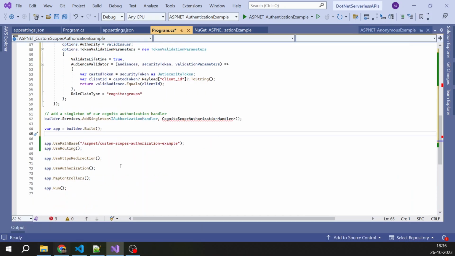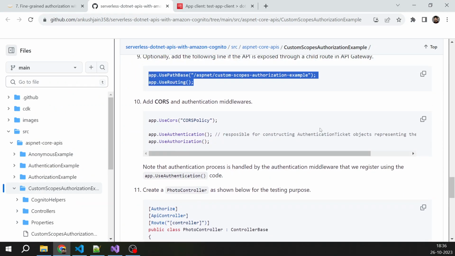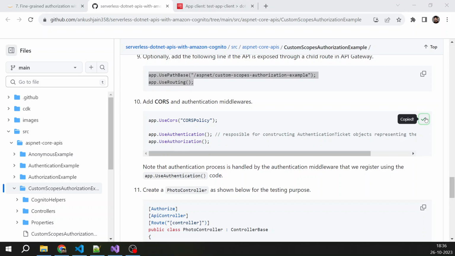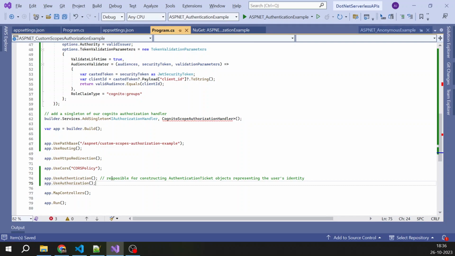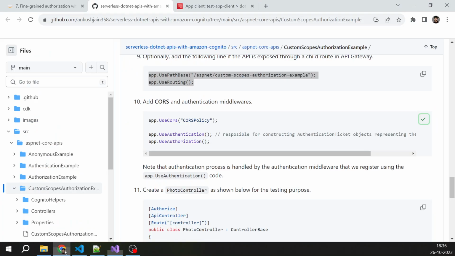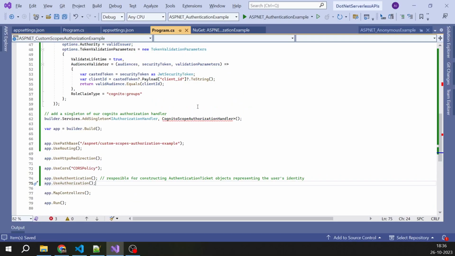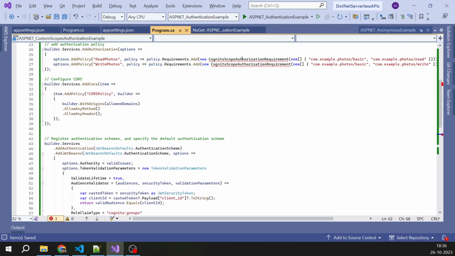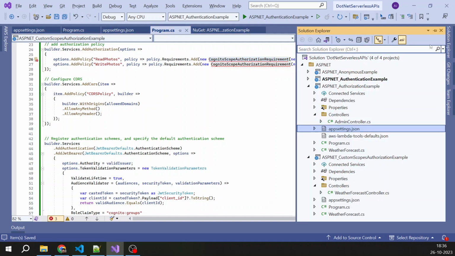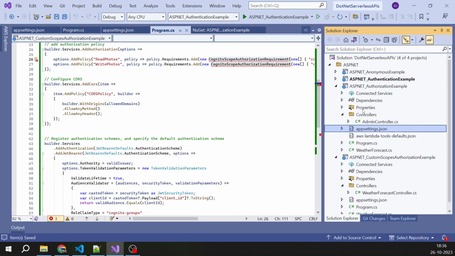Okay, now for the CORS policy, just copy this and replace this. So, okay, now everything is done. However, if you're confused, then you can just go in program.cs and follow that. And now we are getting some errors. So this is not found, this is not found. So what we are going to do, we are going to copy some code from our own repository, and